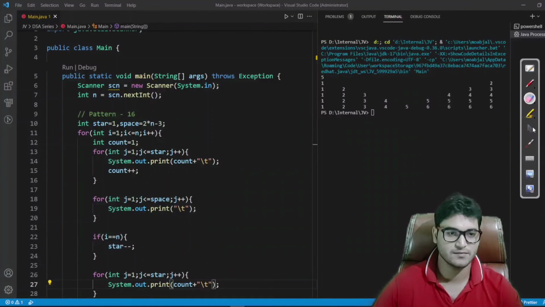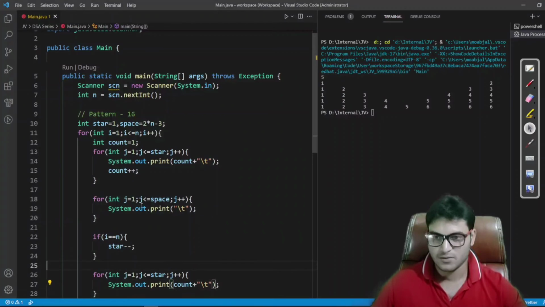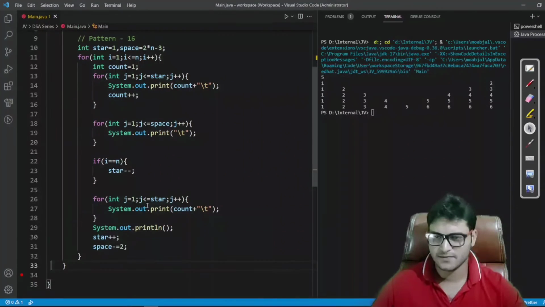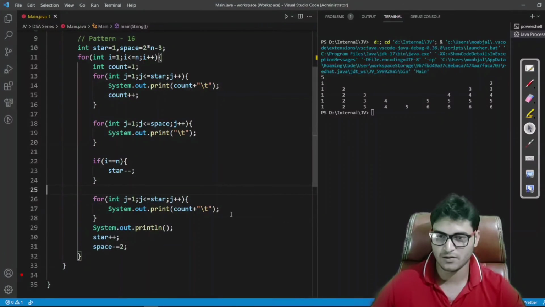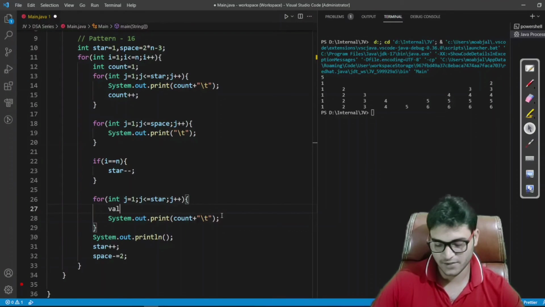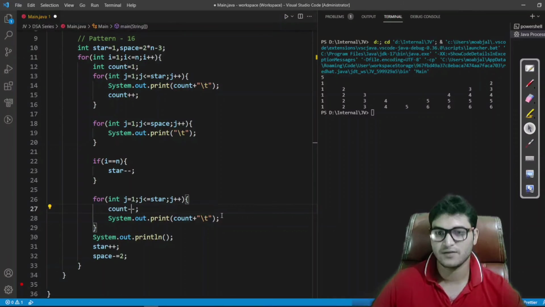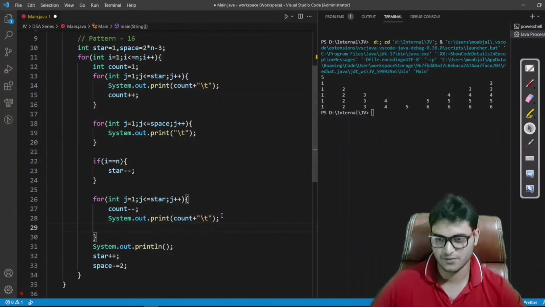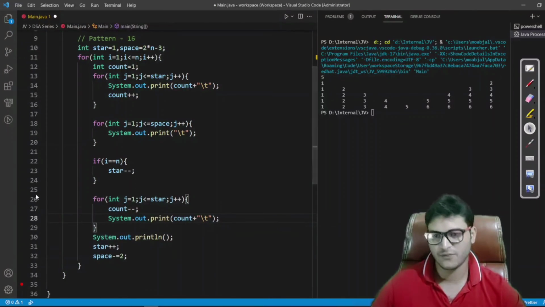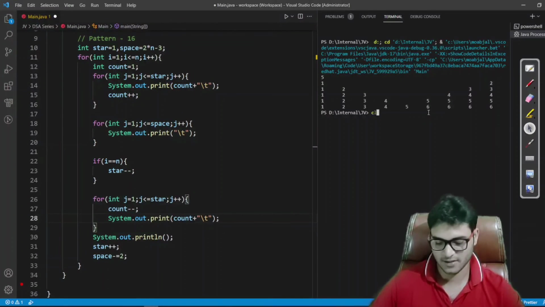So while printing these stars, what we have to do, we have to decrease the value and then print it, and the value for this is count. Fine, and in each row we just have to decrease the value and we are done.